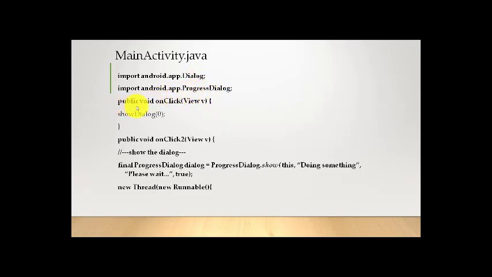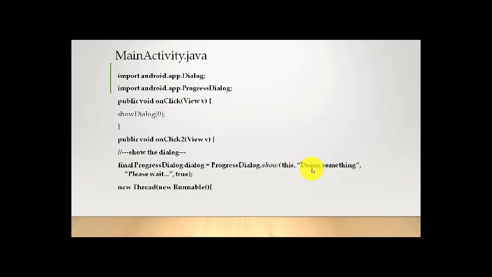Now we are generating the event, public void onClick. On the clicking of the button, it will generate the event, and we will call the method showDialog(0). That means it will show the dialog box. Now in this show we are showing the dialog box. How? final ProgressDialog dialog. This is the syntax to create a dialog. ProgressDialog dialog is an object equal to ProgressDialog.show. Show is a method that is used to display the progress dialog box on the current activity. Therefore we are passing here this.